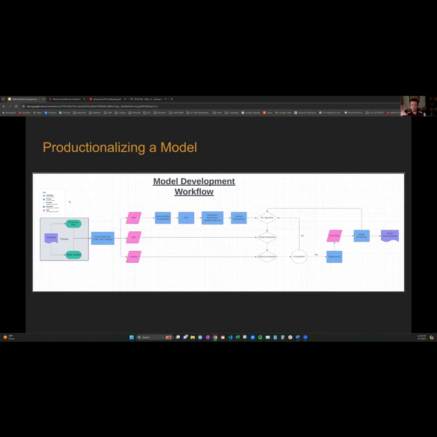So just as a visual, this is kind of what that process looks like. We have what's called a metadata file, which is just a whole bunch of information on the predictor variables themselves. Are they categorical, continuous? How many missing values are there? What are the data sources? Because a lot of times we're mixing data sources together, right? When I was mentioning vendor and proprietary data, those are different data sources. So we have to join them all together. And the metadata file has all of the paths that create that link.